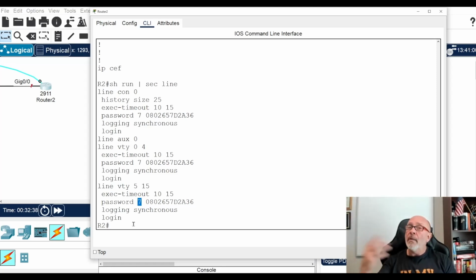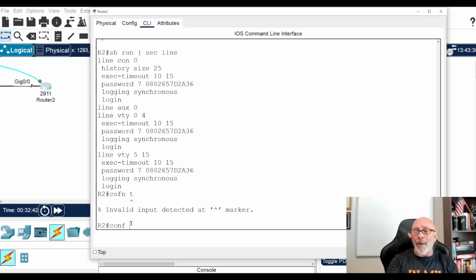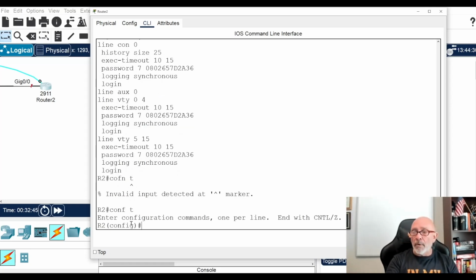Packet Tracer wise, we have a new way of doing it, which is, I'm just going to write it out. It's not a command that's here, but you would do enable secret. I'm just writing it. Enable secret, I think I'm spelling it right. Algorithm type. You can use SHA-256, or you can use scrypt. And is it enable secret algorithm type or enable algorithm type secret? I think that's what it is. It's backwards. I'm sorry.